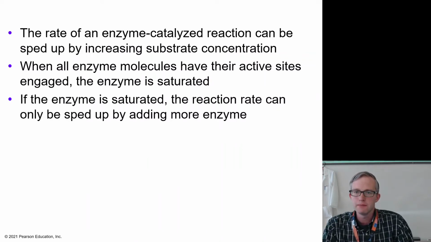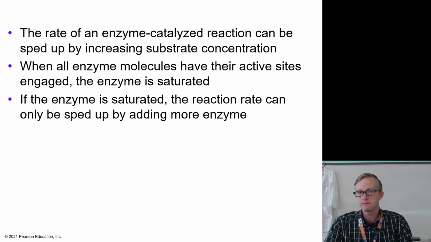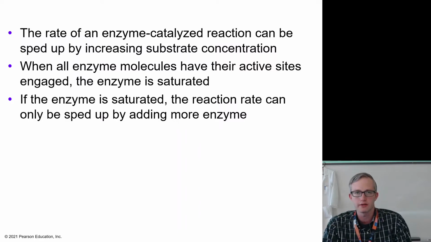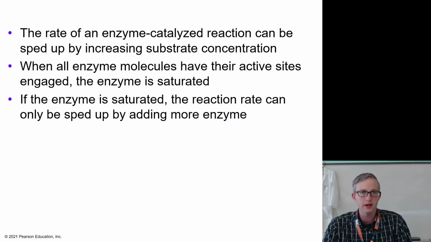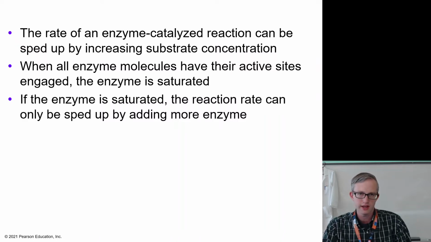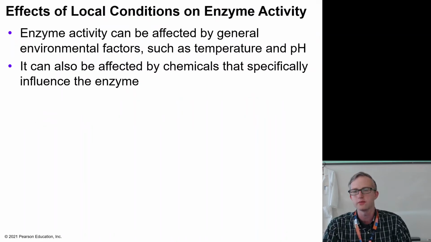So enzymes can be affected in a number of ways. Having more substrate gives the enzymes more to work on. But at a certain point, the enzymes are going to be working as fast as they can, so you'll reach a limitation. We saw this with the activity we did in the back of the room. If the enzyme becomes saturated, that's when we say the reaction rate is maximized. So saturated enzymes means that they are working as fast as they can, that even if you had more substrate, it doesn't matter. The enzymes are working as quickly as possible.